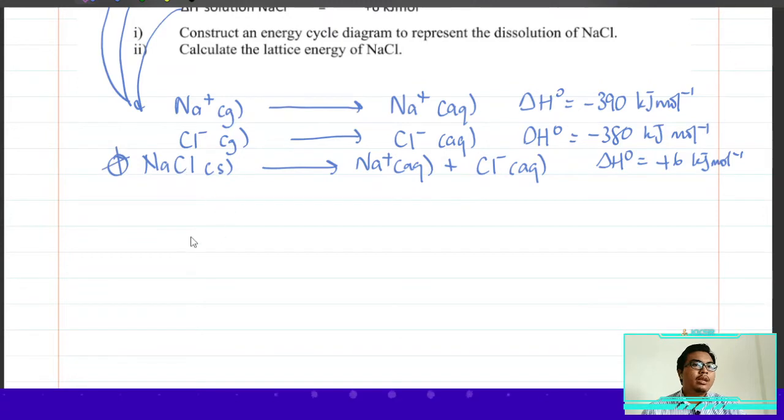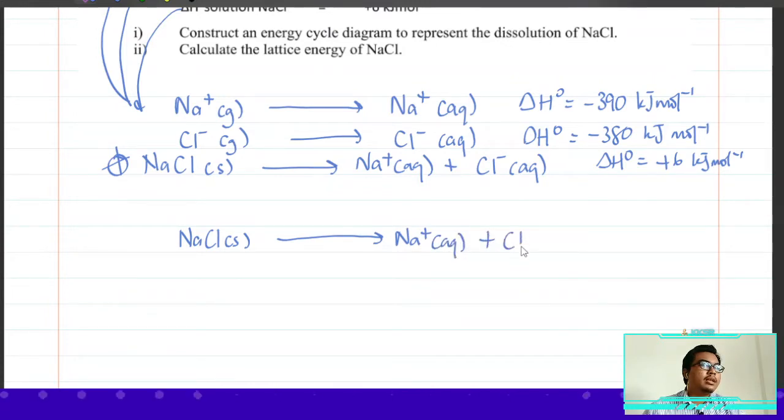Okay, so kita ada kat sini NaCl solid, forming Na plus aqueous plus Cl negative aqueous. Okay, so kat atas ni kita boleh letakkan delta H value kita is positive 6 kilojoule per mole. Okay, so that's our first lane lah, kiranya kita punya